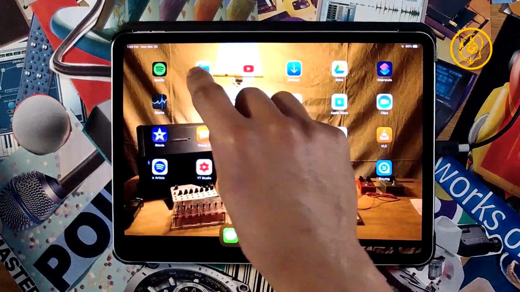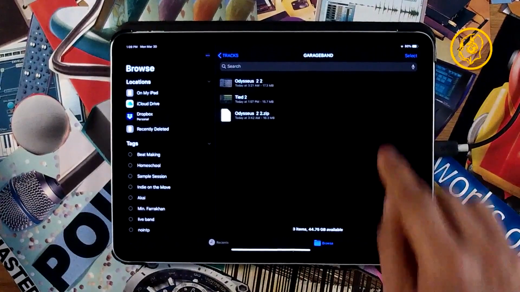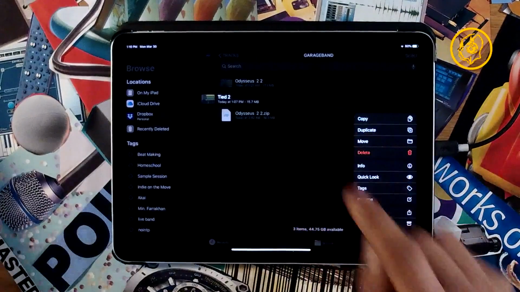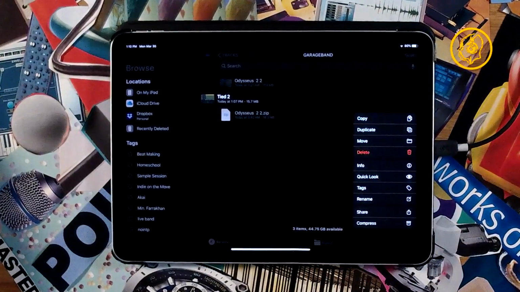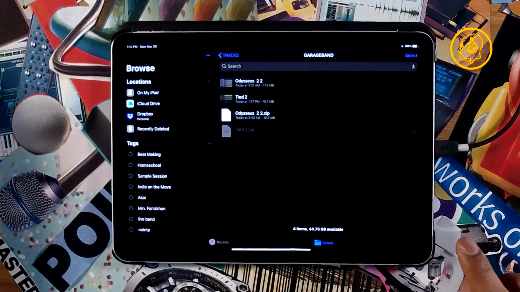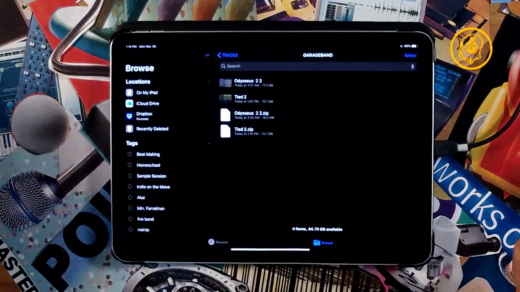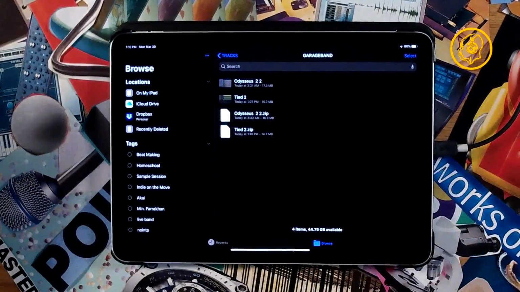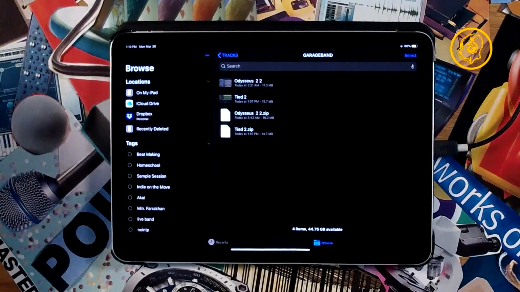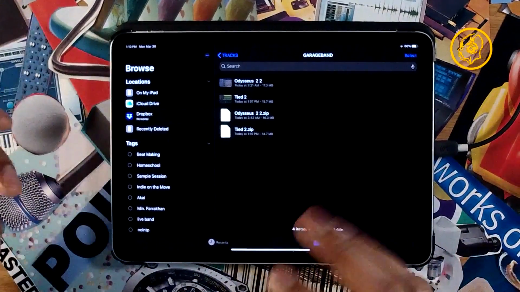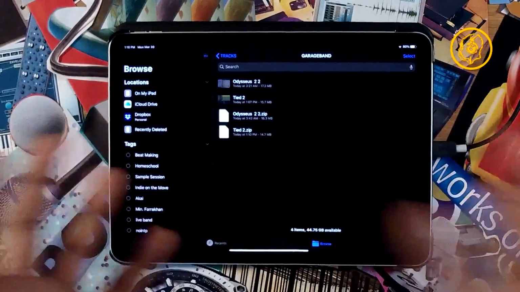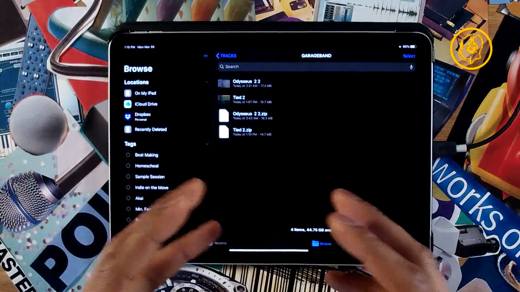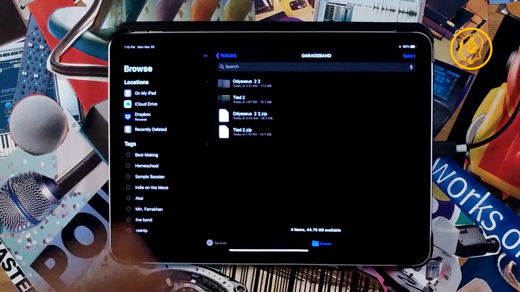Now once it's in that folder, we can go to the Files app. I got so many apps here. Files, right? And then we'll see it. There it is. So what I want to do there is click, hold, more options come up. What do I want to do? I need to compress this, right? The reason I need to compress it is that if I were to upload these files directly to a Dropbox or a Google Drive or whatever cloud service you use, somehow those files will get mangled. So I need to compress them and put them in a folder, an envelope, to deliver that package so that whoever gets it, they can open it up and all those files will be intact.